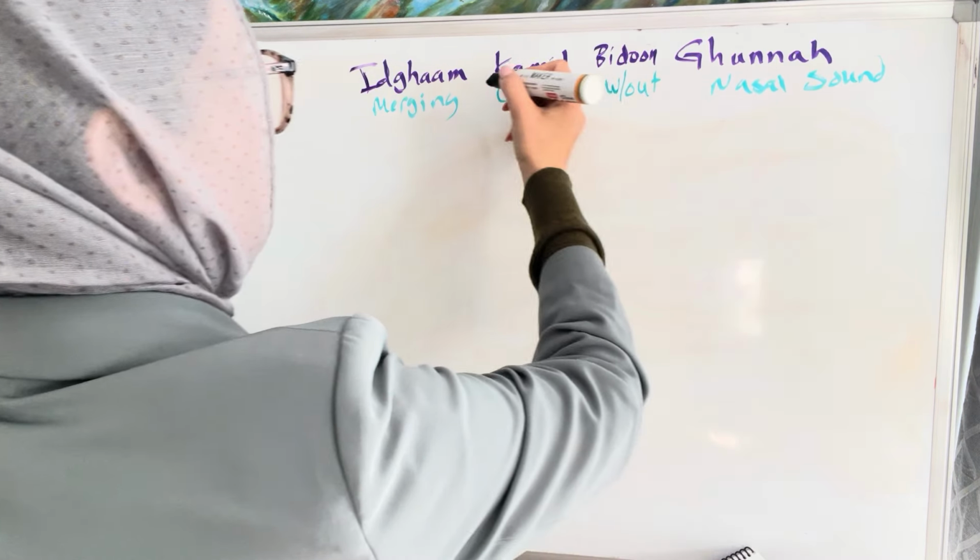Okay, let's point out the areas that we need to focus on. Towards here, here is our tanween, and this is the lam with shadda. And then here is our tanween, and of course there's the ra with the shadda on it. So in this situation, how are we going to read this? And this rule applies. So this is idgham kamil bidun ghunna, meaning this is complete merging, that there's no nasal sound. So we read it as dhikrul,